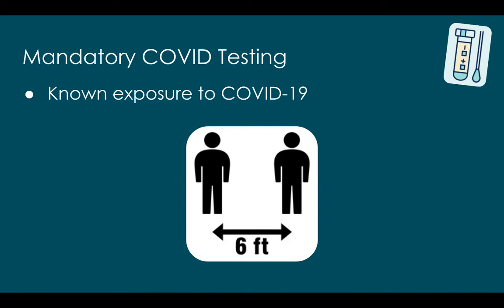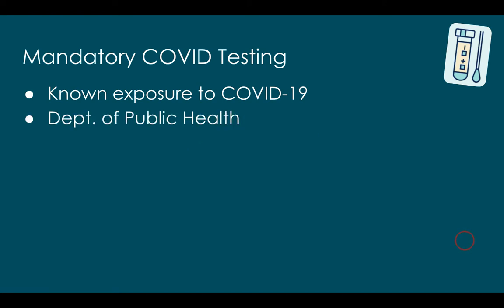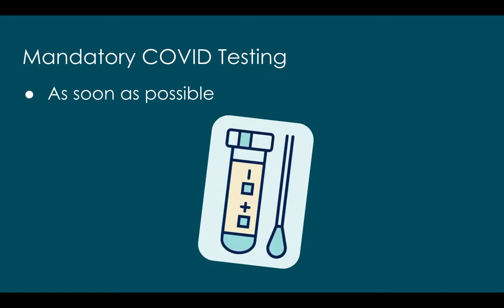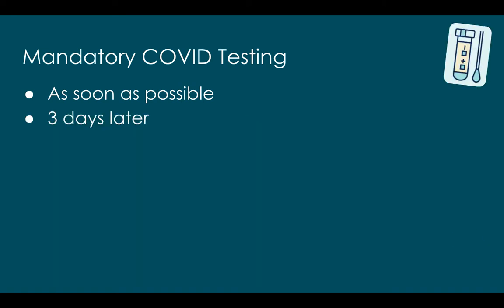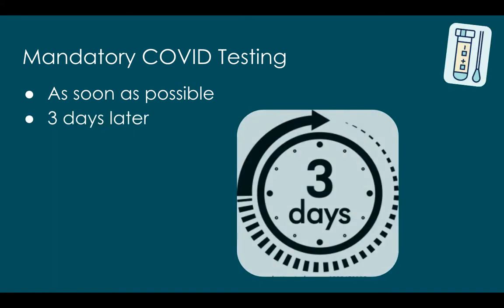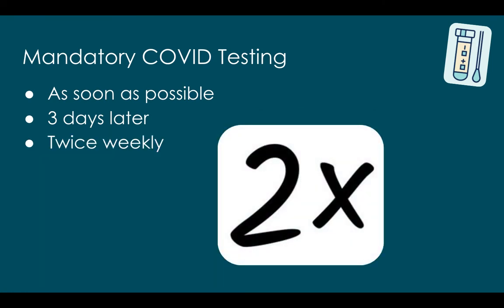With modified quarantine comes the added precaution of mandatory COVID testing. Because these are students who we know have come into close contact with a COVID positive individual, the Department of Public Health will only allow us to continue having those students on campus if the students are getting tested for COVID according to the parameters that the Department of Public Health has established. That means getting your student tested immediately, as soon as possible, the day you are notified of their exposure,